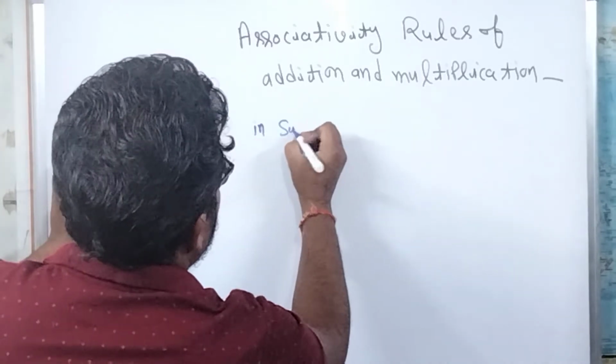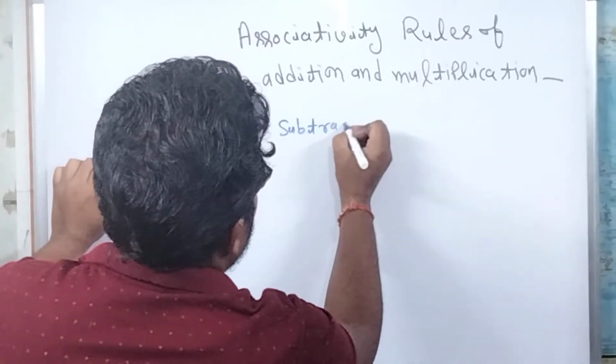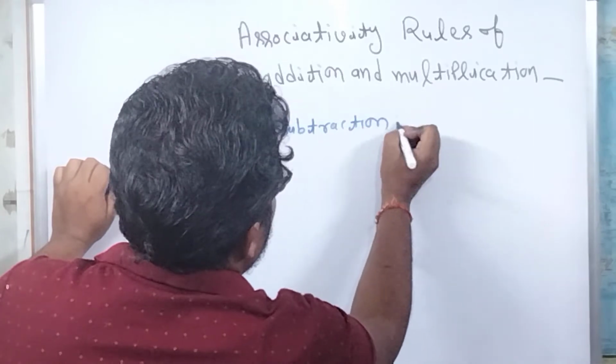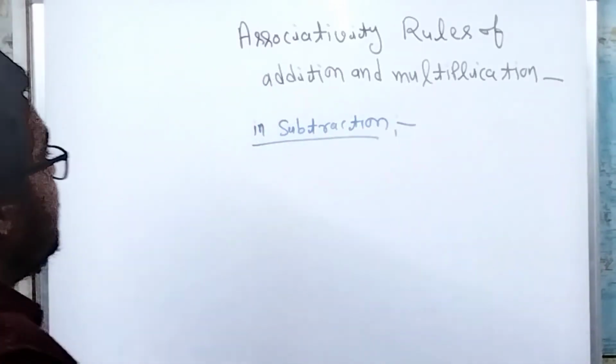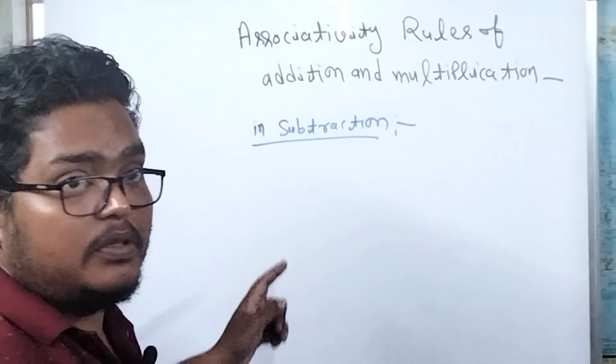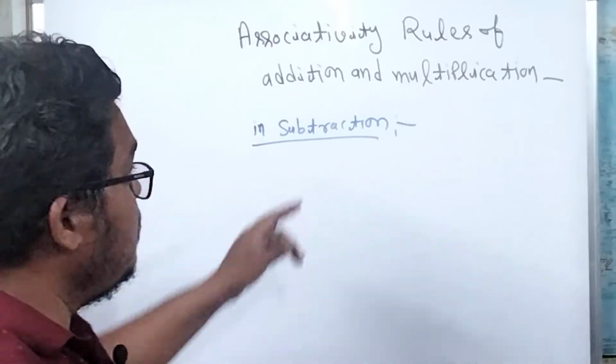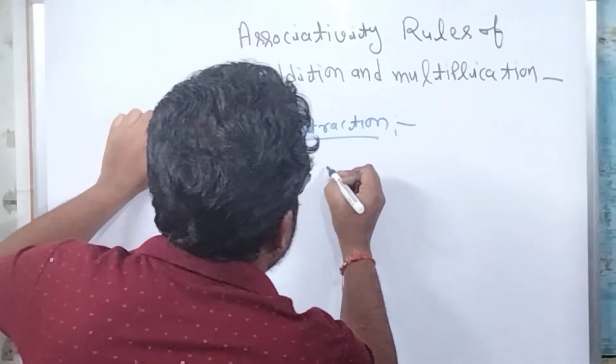In subtraction, here we see that the associativity rule is not followed, because we see an example: